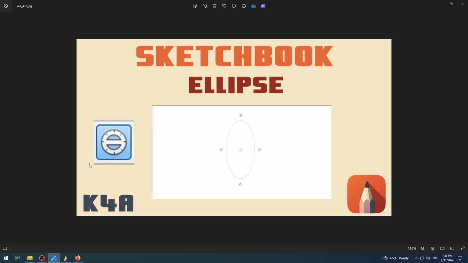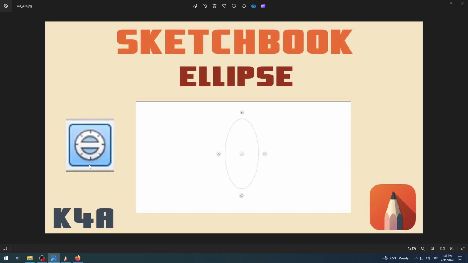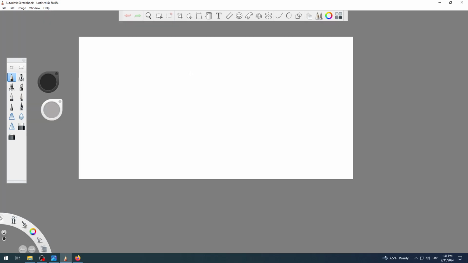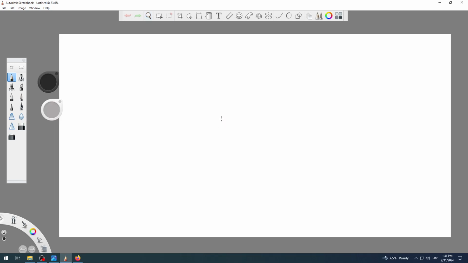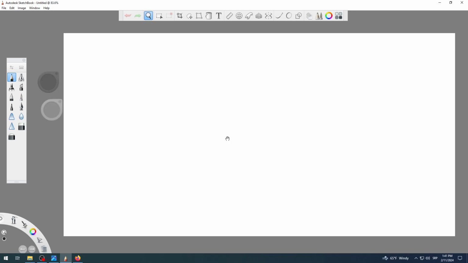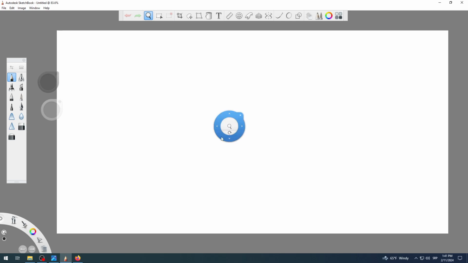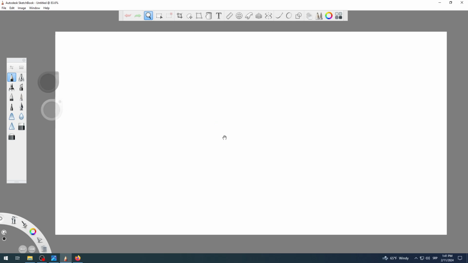In this video today we're going to check out SketchBook's Ellipse tool. This video should be much shorter than the previous one, in which we learned the ruler tool, although it's very similar to it. Starting with a blank canvas, white screen, zooming out with my scrolling wheel, zooming in, moving with the left mouse button when my space bar is pressed, and